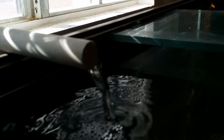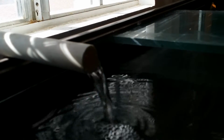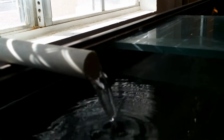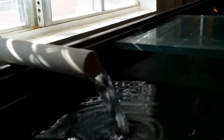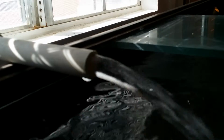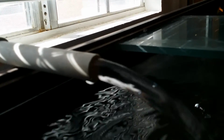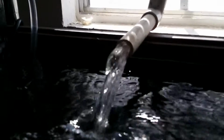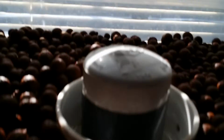And with a little patience, you'll see it's starting to get a little bit faster, and all of a sudden, bam! Good timing. It'll kick in. And it provides a nice little amount of aeration here. Some of the bubbles almost reach the bottom at some points, but just that quickly, the bell